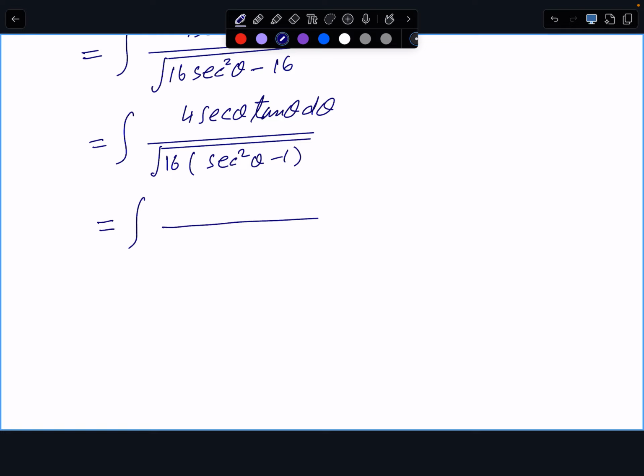And this one is tan. This one is tan squared theta. Under the square root becomes just tan. So 4 secant theta tan theta d theta divided by 4 tan theta. And now we're going to cancel 4 with 4, tan with tan. We're left with